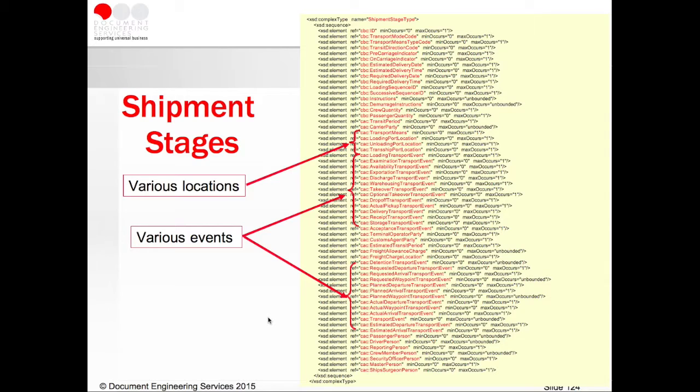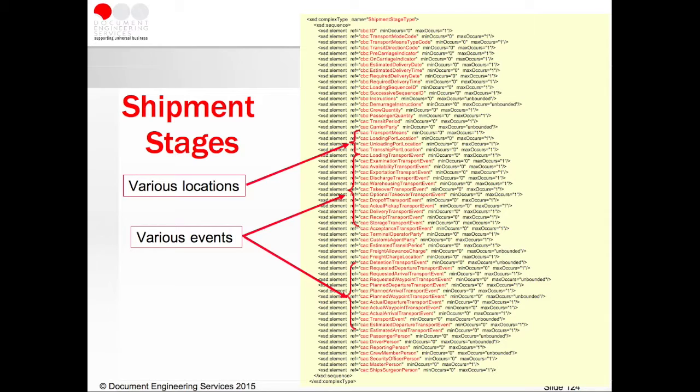And finally, I want to talk a bit about shipment stages, because any transport, and certainly international transport, involves more than one stage. Often delivery from a wharf or a terminal or a freight depot. So I mentioned that consignments have stages, and the things we need to know about shipment stages are things about